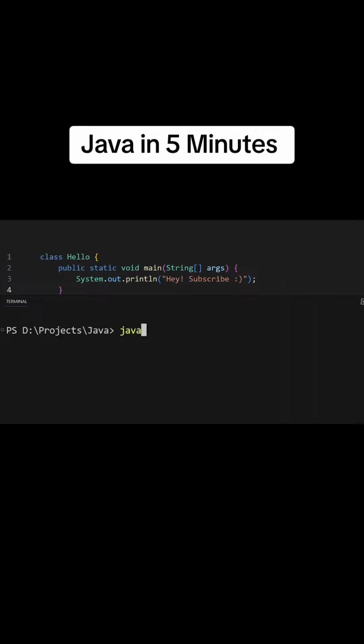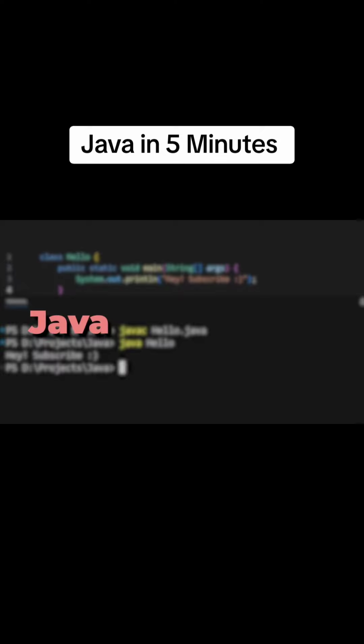Once you are done with your coding, you can use javac followed by your file name to compile your Java code into bytecode. Then use java followed by your file name to run your Java program. This was Java in 5 minutes, and here